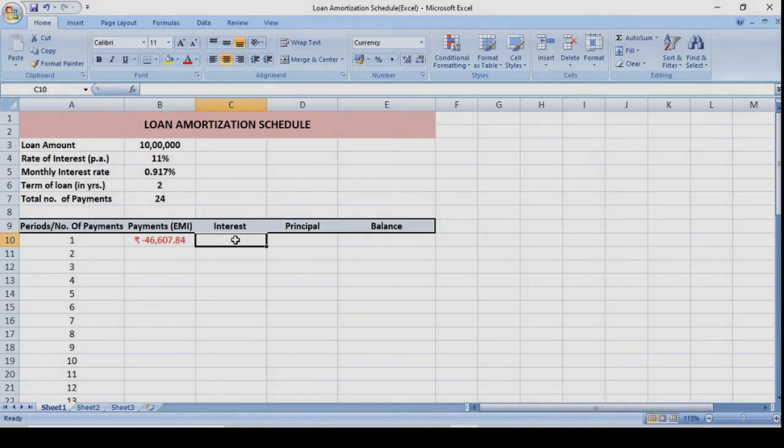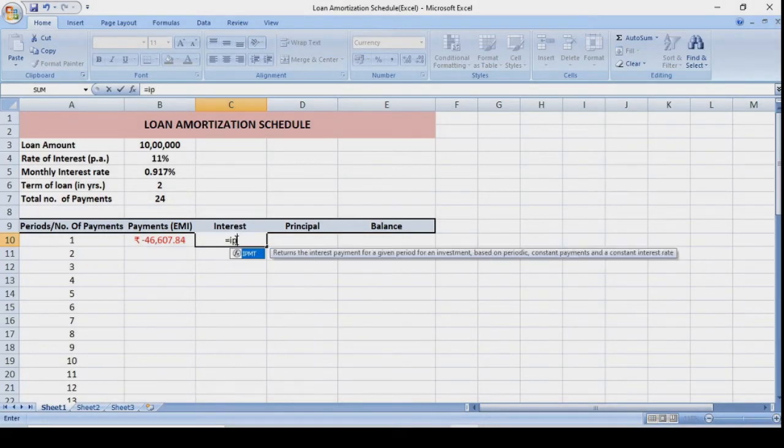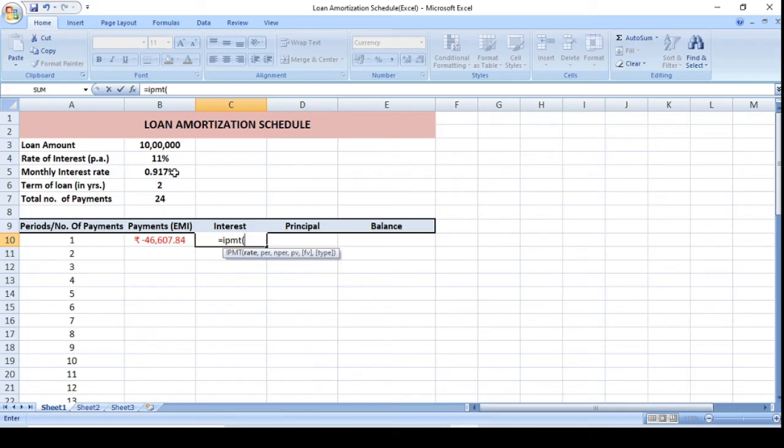Now the next thing is the interest component. Now in this case the interest will be equal to, again, the inbuilt function IPMT. The syntax says that we require this information to calculate the interest using this function. So the rate, again the rate per period, which is 0.917%, comma, the period for which we are interested to calculate the interest. We are interested to calculate it for the first period. So 1, NPER, the total number of periods,